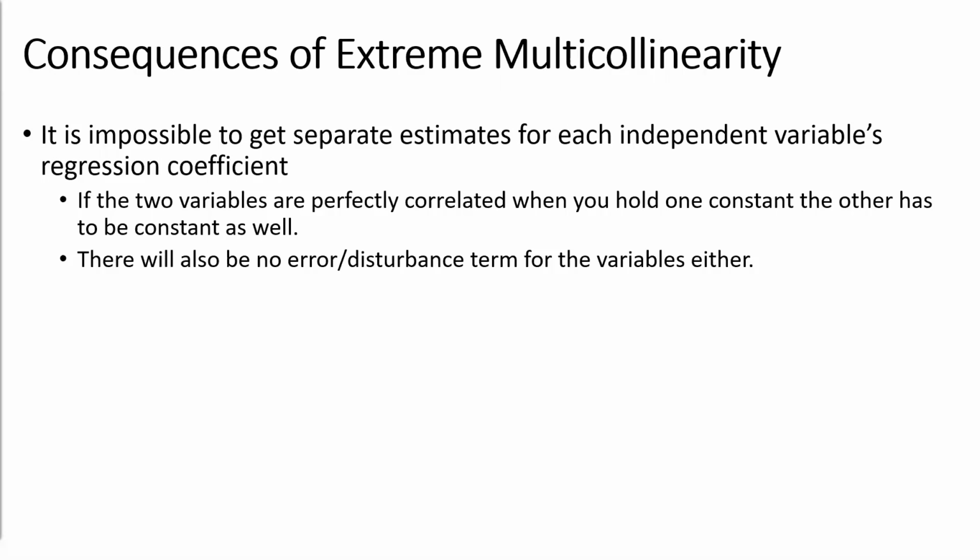What are some of the consequences of extreme multicollinearity? Well, first of all, it's impossible to get separate estimates of each independent variable in terms of their regression coefficient. We can't get good estimates separately, because when we try to tease out the coefficient for the first variable and the coefficient for the second variable, if those two are collinear, we either get an error message where one of them gets kicked out of the program, or if they're pretty closely collinear but not perfectly, then we're going to get some really skewed, messed up coefficients.